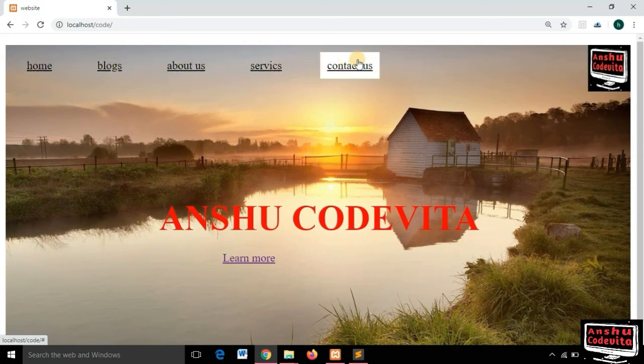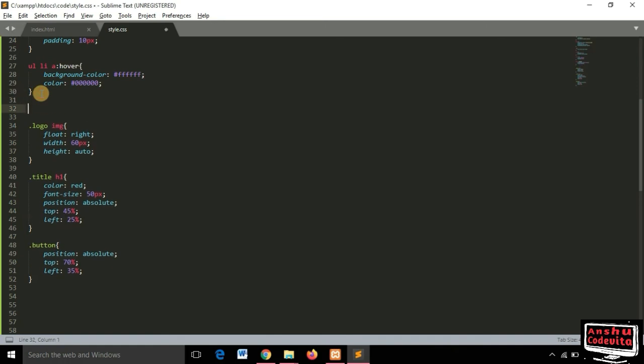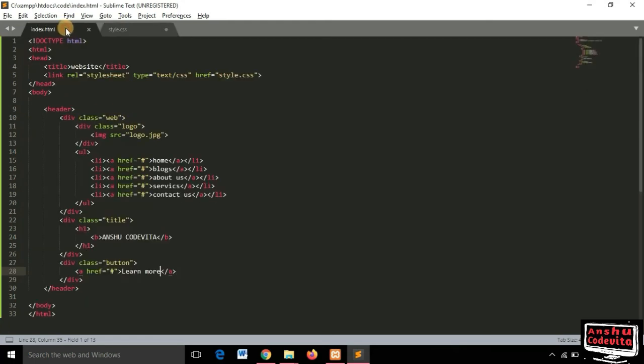And to set a default home section, I will create one more. I will just copy and paste it down and remove hover from there, and to select the home menu I will go to index.html.